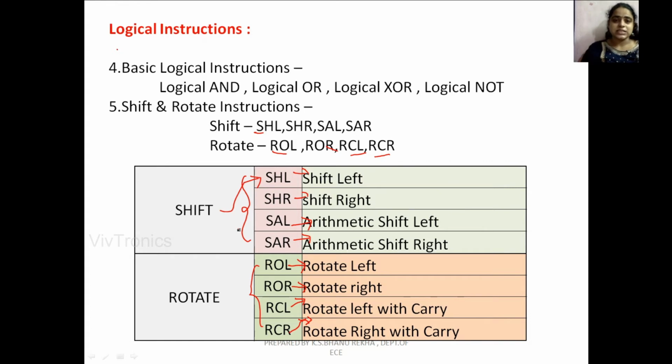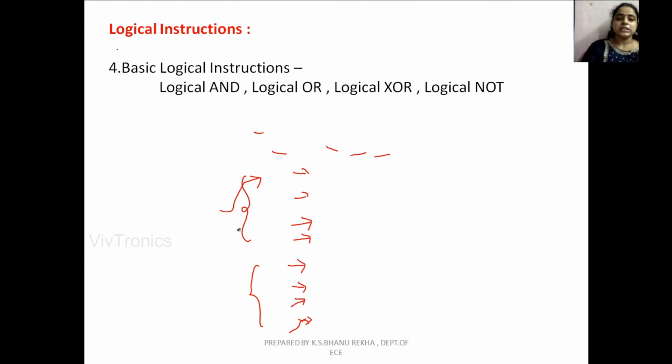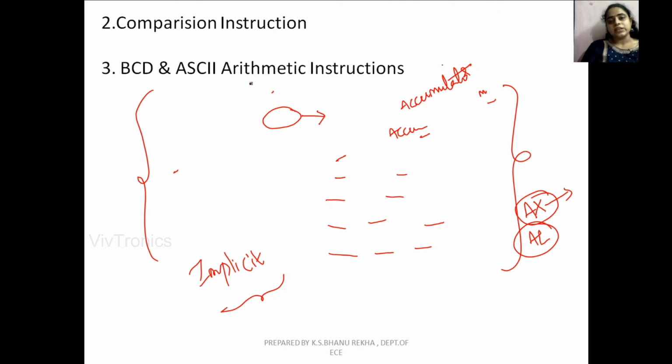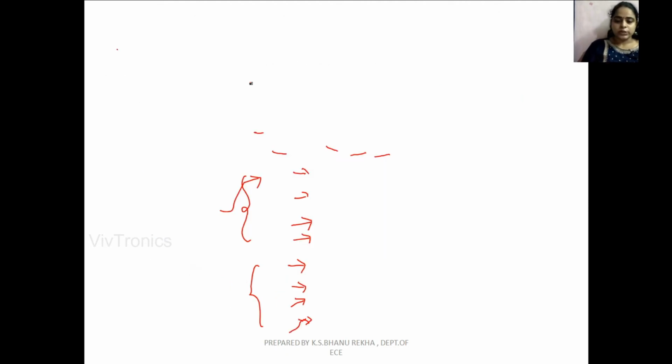As discussed earlier, now I am going to cover only the arithmetic instruction set of 8086. This is the set I am going to cover. In this session we are going to see a total of 11 instructions plus 1 comparison instruction, so 12 instructions in total, with live examples.